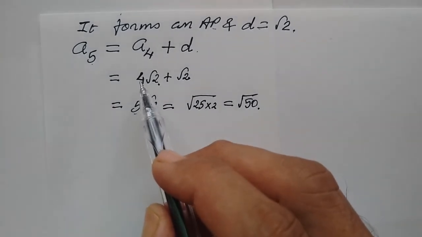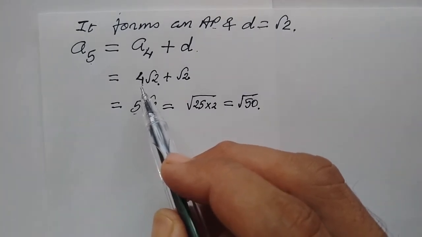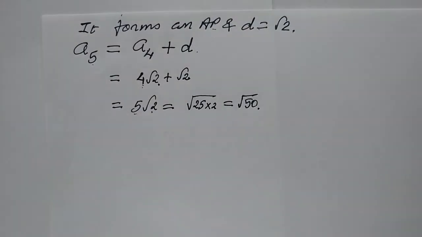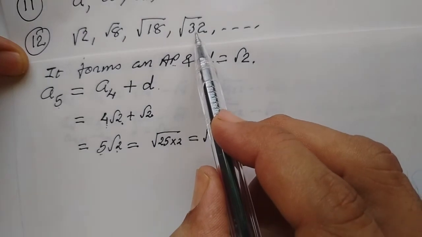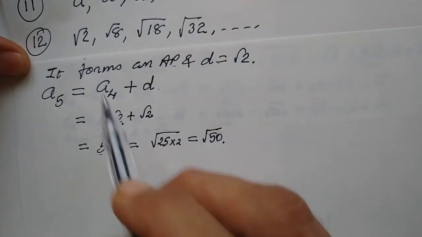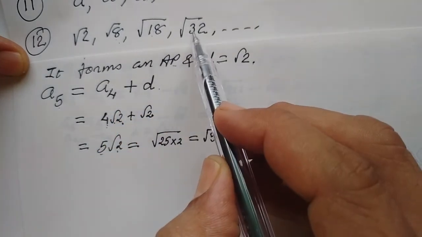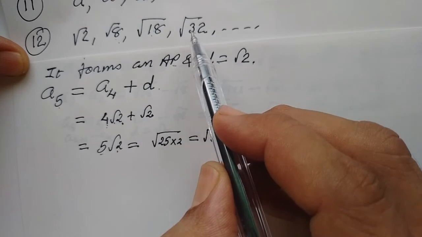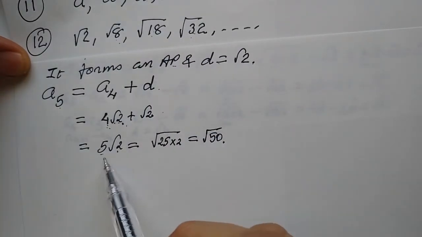Children, here you write from the question part, root 32, you write. Then somehow you will not get the answer. So children, this is A4. Don't write 32 here, otherwise you will not get the idea. A1, A2, A3, A4. So A4, so 4 root 2 you write. Then this plus addition, 5 root 2.